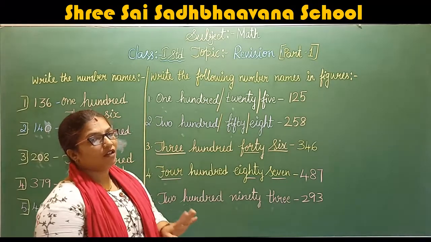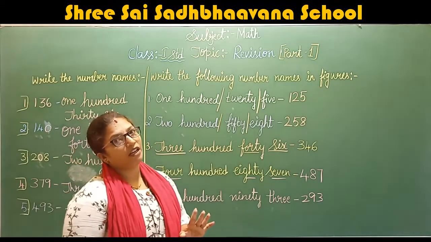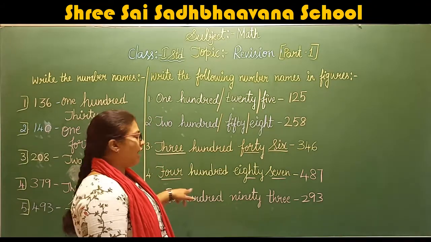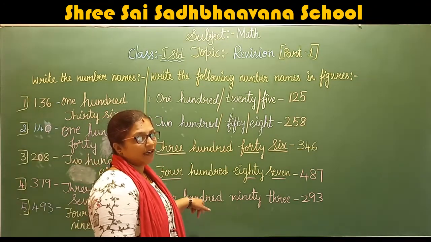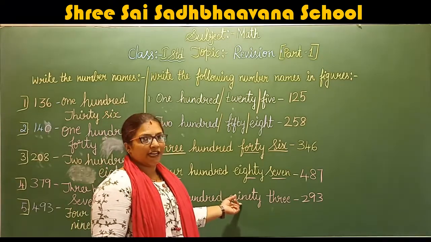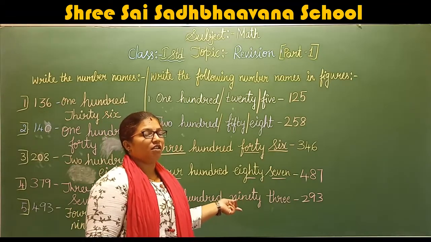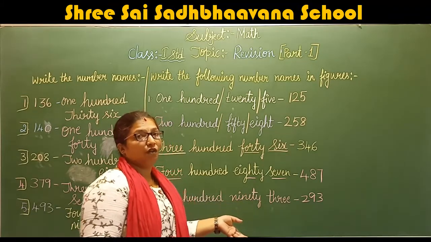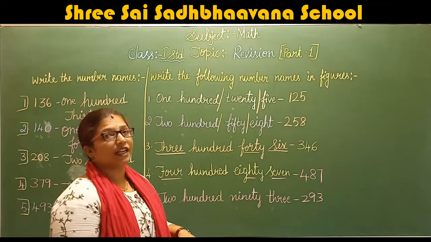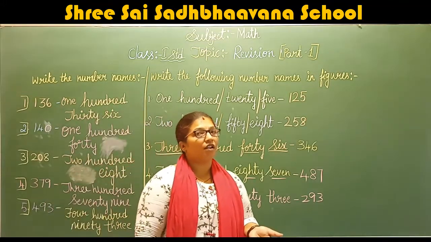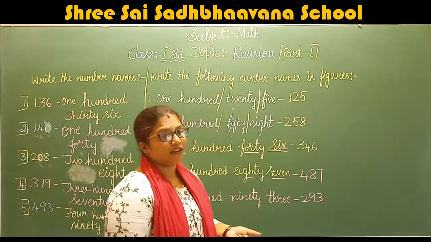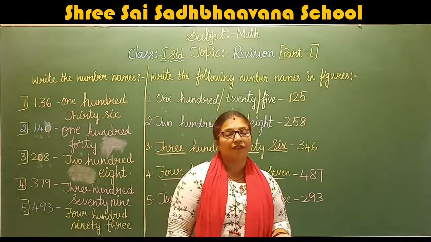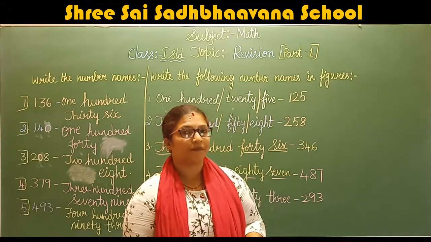How do you have to learn spellings? If you know them, you can answer this, children. TWO, 2. HUNDRED, 100. NINE-TY, 90. THREE, 3. If you know the spellings, then you can read and answer it. If you are not learning spellings, you can't write the answers. So let me move to the next main topic we will learn.